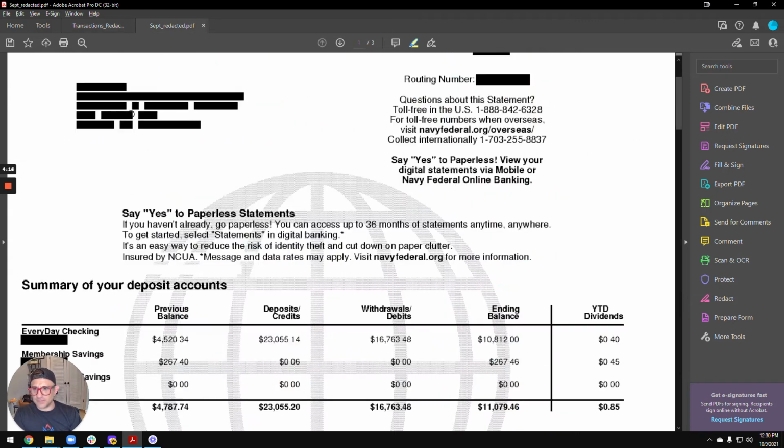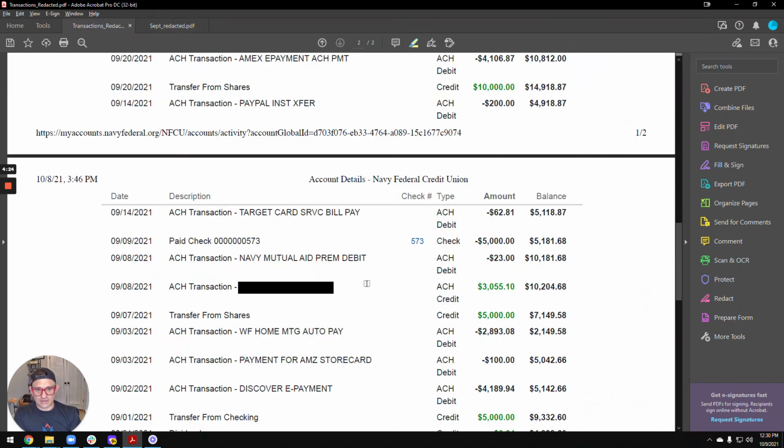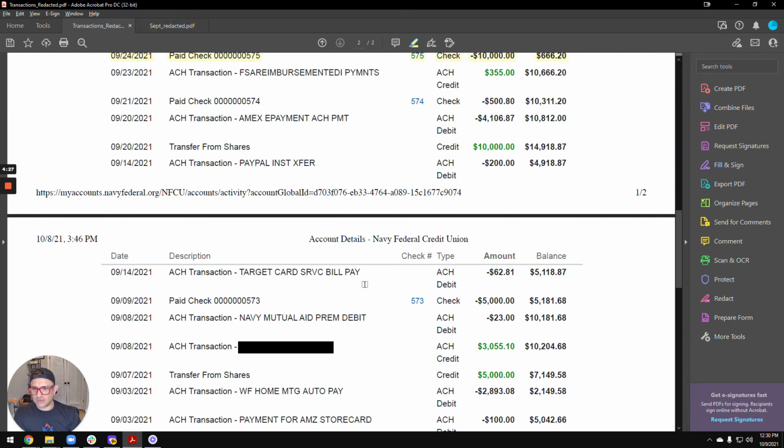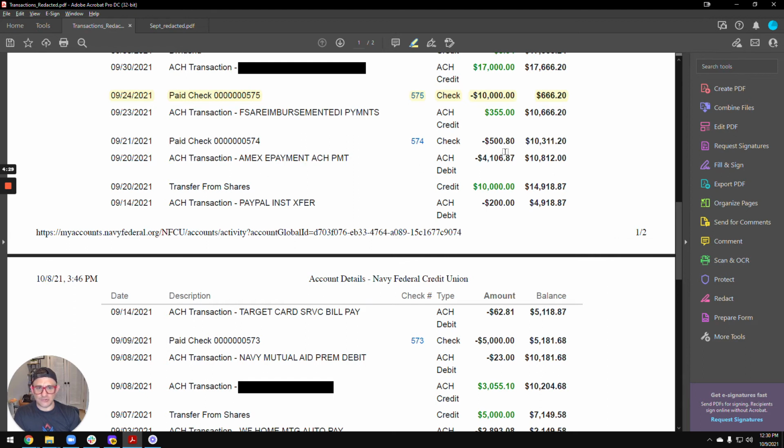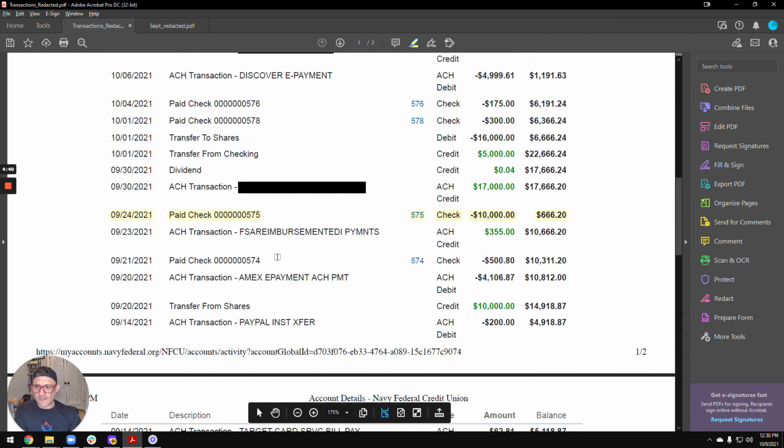But you can see this one ended September 20th. The last one was an Amex payment of $4,100, and you can see here, there it is, Amex $4,100, and this is where the statement cuts off, 9/20, and above. So everything before that would be on that other statement. Now, what we needed to show was after 9/20, there's this check here for $10,000. There's a check number. And of course, because it's a check, I need to get a copy of that check as well, front and back after it cleared. But this is the transaction we needed.